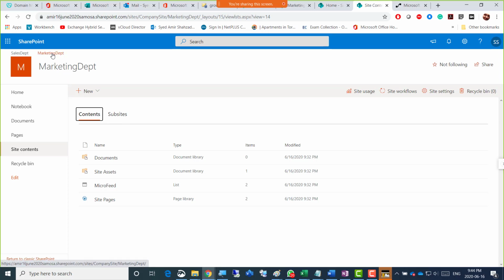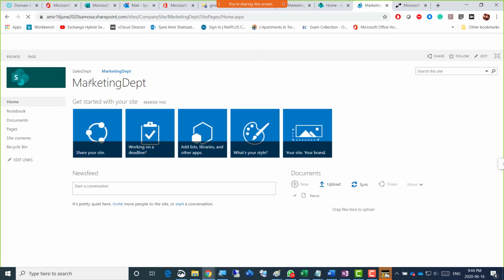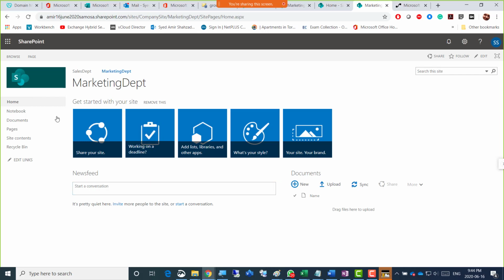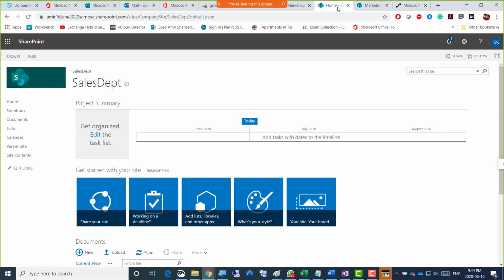Now there's a question here. Oh, there was another question from Fahad: can you tell the difference between team site and project site? So yes, Fahad, that's why I created two of them. So this is a team site with all the team site features here, and a team site is just like a normal site that you see there, but a project site is this sales department, right?